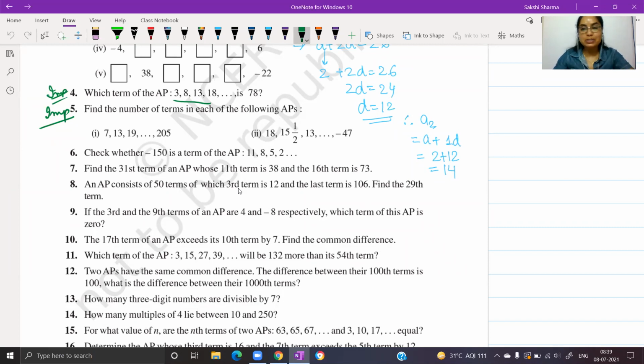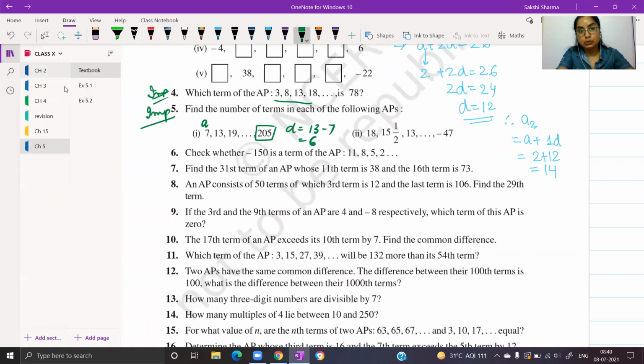From the arithmetic progression again, first of all we will write down what the first term is and what the common difference is. That's the first thing we want to do. And since we are given the last term, let's assume our arithmetic progression has n terms, 1 2 3 4 5 and so on up to a particular number n, so an will be equal to the last term. Last term is sometimes represented with lowercase l also.